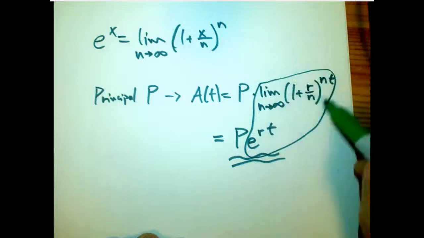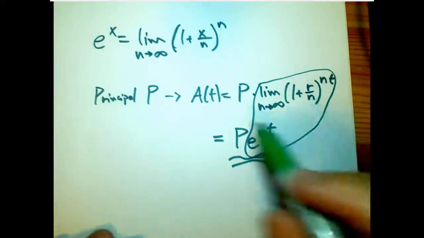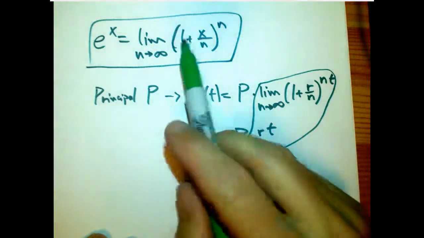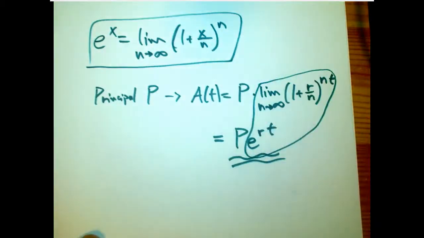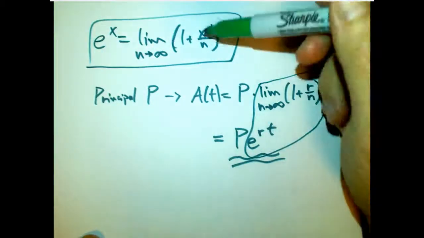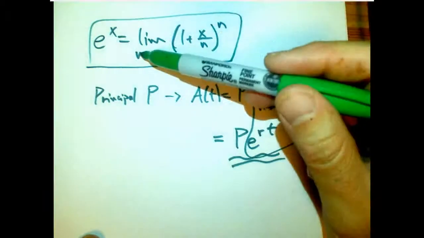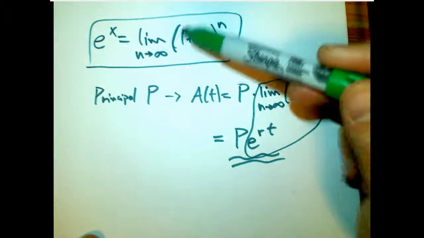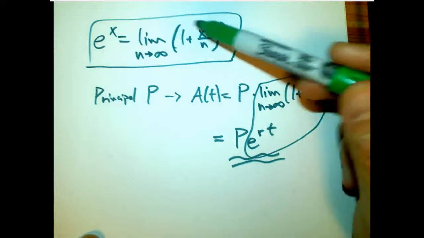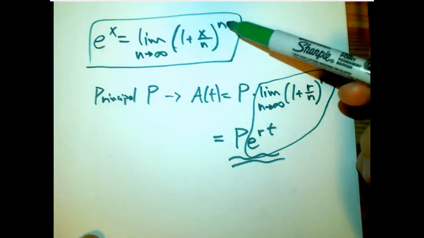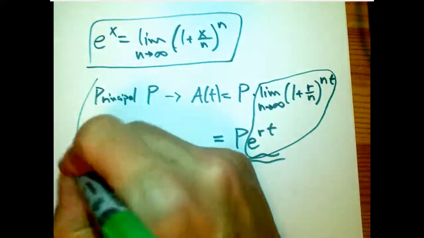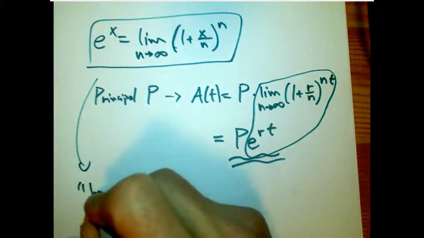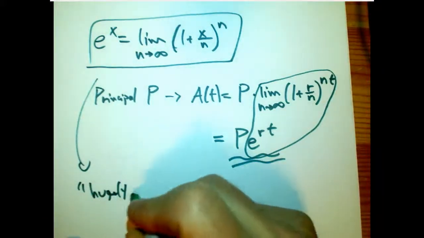So this is turning out to be exactly the kind of expression we want. Or to strip down to essentials, e to the x is a limit of this. What does that really say? x is some medium-sized number, and we want to think of n as really big because it's going off to infinity. So we take 1 plus a small number. This is a very small growth factor, but a constant growth factor, and then we multiply that by itself many, many times. As I say in the PDF, the slogan for this would be maybe